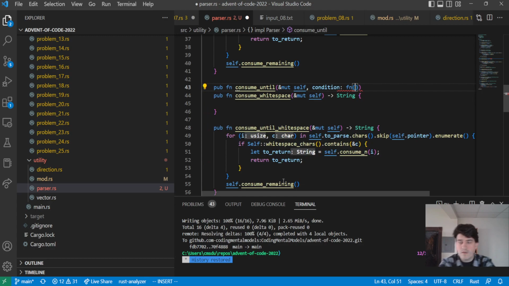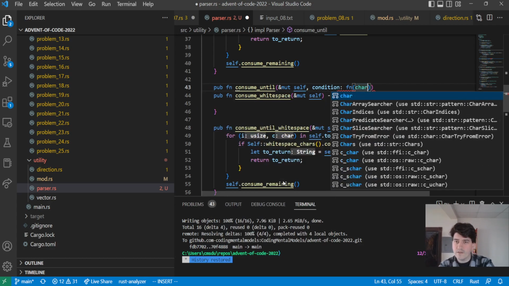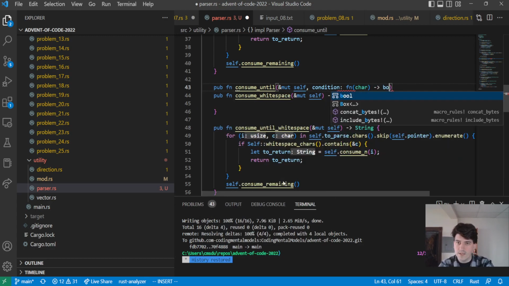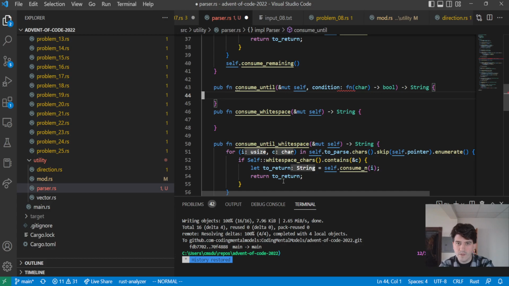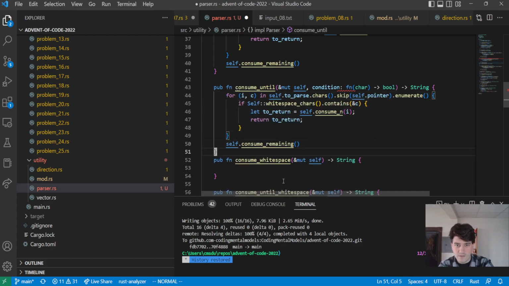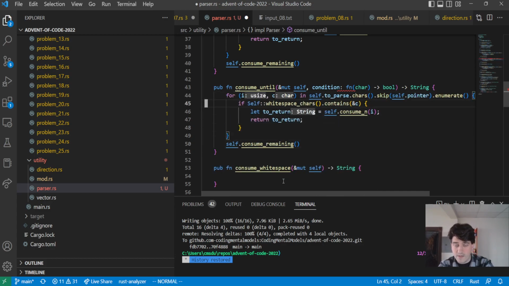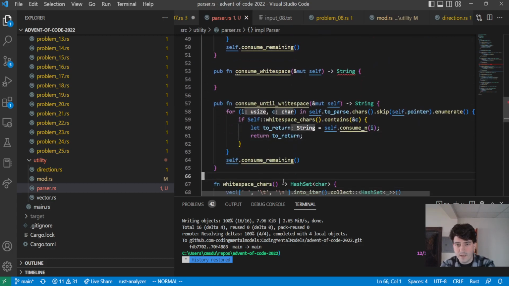Yeah. A function from a character to a bool, and the whole thing returns a String. And then we can basically use this as the recipe. So now instead of having this, we say condition of c. We return, otherwise we keep consuming. And now this whole function just becomes